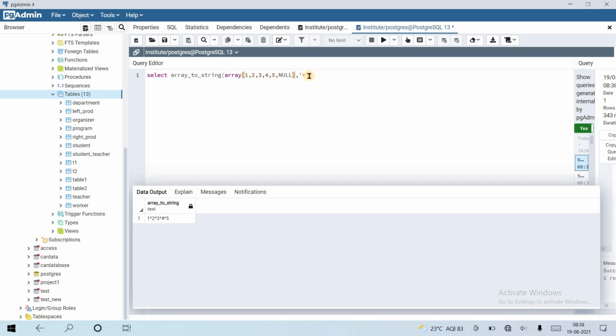So if I pass the third parameter here like in the previous array to string, it does not work. So this was the optional string for replacing. If there are any null values, then it will be replaced with ABCD. But in the case of string to array, this will not happen. In array to string, this will happen because we are converting into a string data type. So a string can contain these values like this. So that's all about this.